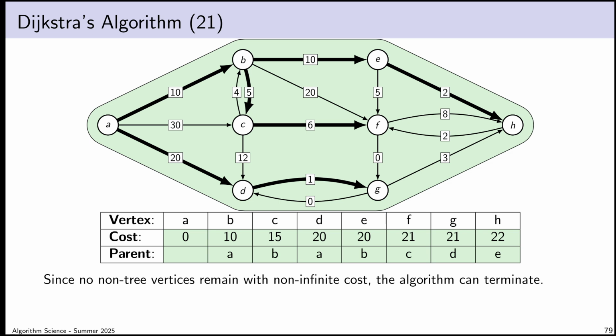You'll notice that the slide is written something more complicated than what I seem to need here. In this case, I can observe that my tree now contains every vertex, and therefore there's nothing left to add, and so the algorithm is now done. The slide phrases it in a more complicated way. It says something about non-infinite costs. I want to show off a case where we do need a more complicated condition, because it turns out that here we were lucky that everything in the graph is reachable from vertex A, but that's not always the case. If we only terminate the algorithm once everything in the graph is contained inside the tree, we could find ourselves in trouble in certain cases, specifically if we reach an infeasible case.